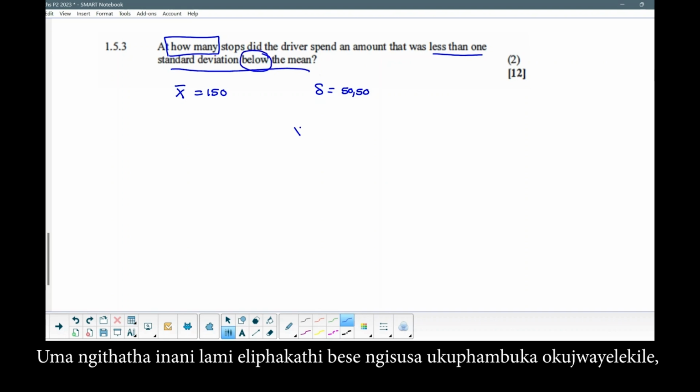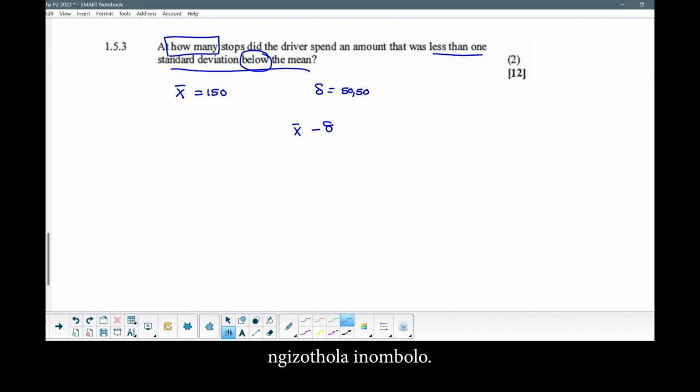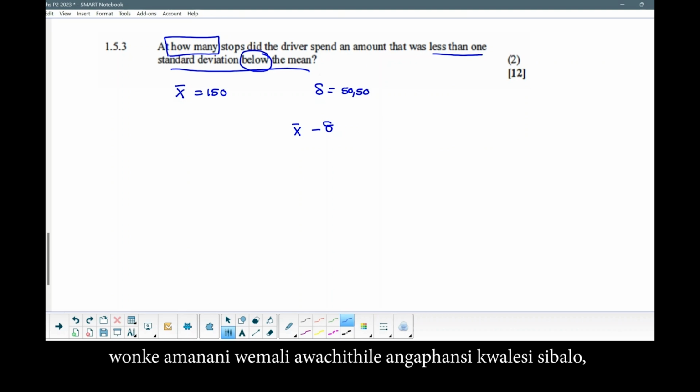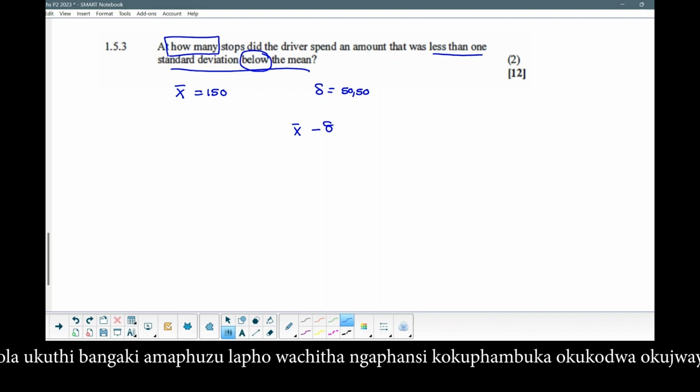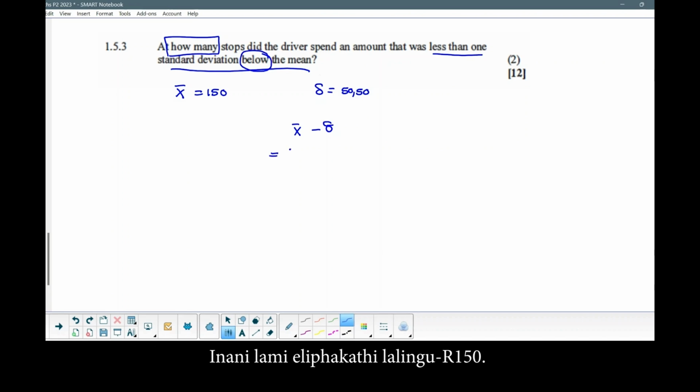How many stops did the driver spend an amount that was less than 1 standard deviation below the mean? So if I take my mean and I subtract a standard deviation, I'm going to get a number. If I can count all the amounts of money that he spent that are below this number, then I will have how many stops he spent less than 1 standard deviation. So let's go. My mean was 150. My standard deviation is 50.5. And if I subtract that, I get